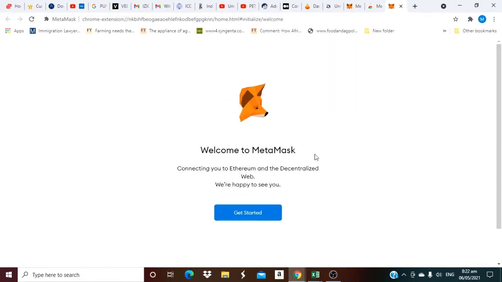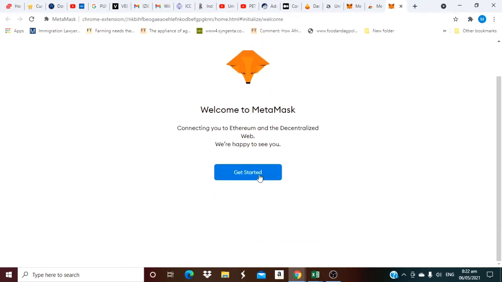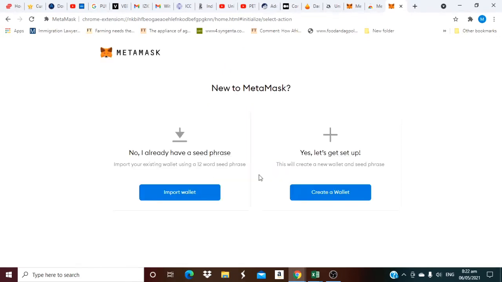Welcome to MetaMask, connected to Ethereum and the decentralized web. We are happy to see you. So you click on get started, then you come here, new to MetaMask. No, I already have a seed phrase. So if you have a wallet already, you just have to click here to import the seed phrase.